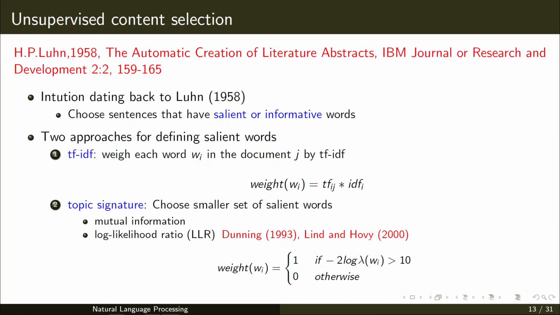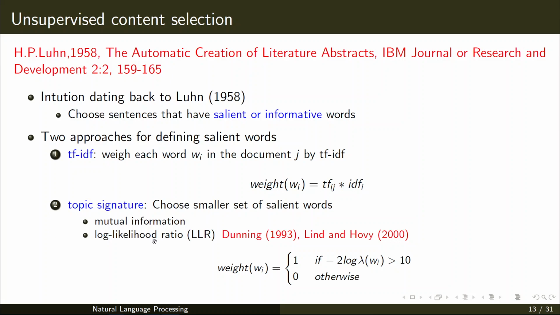Document frequency, DF, is, for example, if you have n documents, in how many documents this word appears. So that is DF of i, the document frequency of word i. Inverse document frequency means if you have n documents, then n by DF will be the inverse document frequency. So the weight of a word w_i is equal to TF_ij into inverse document frequency IDF_ij. This is the weight of the word.